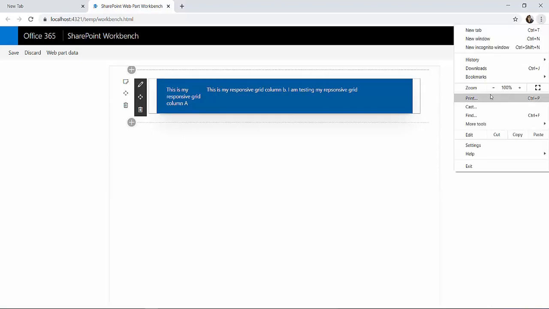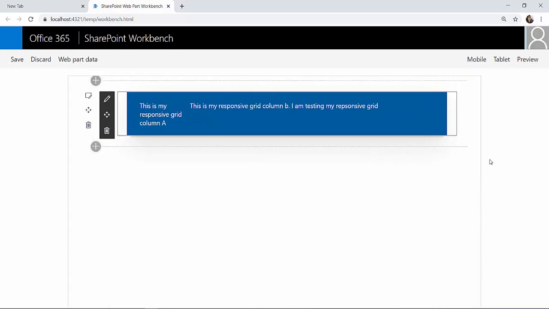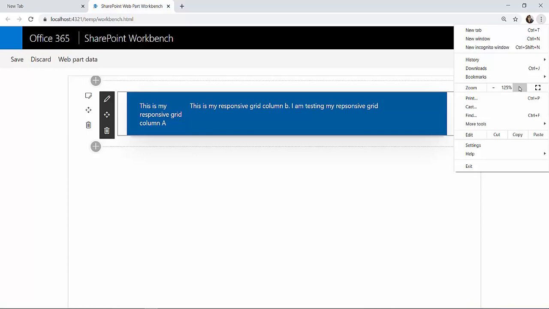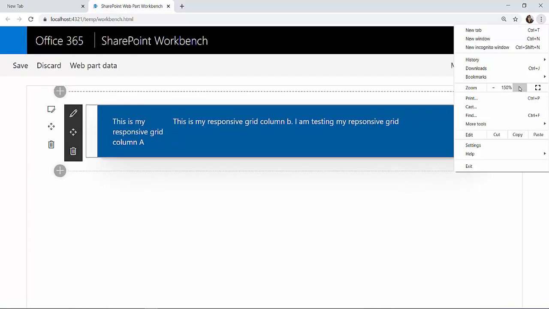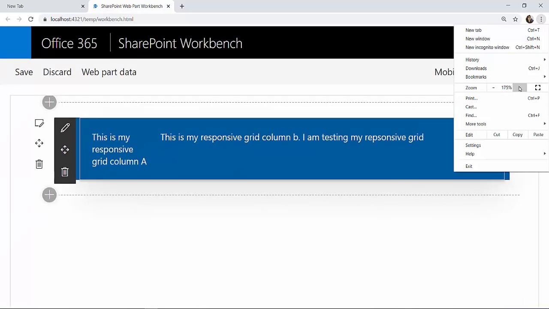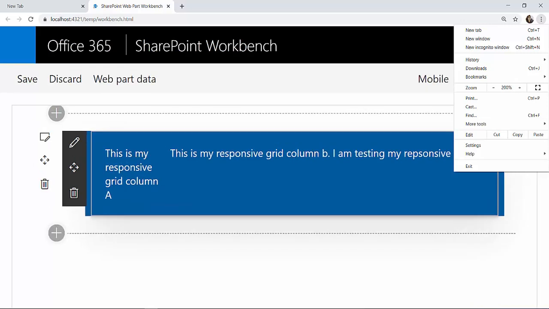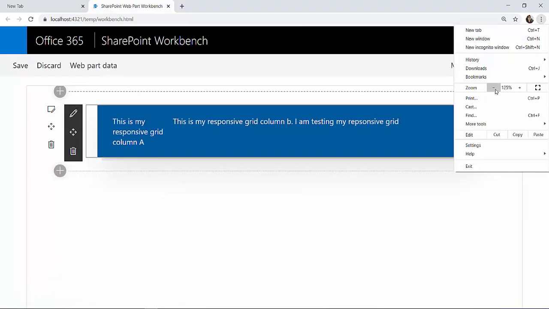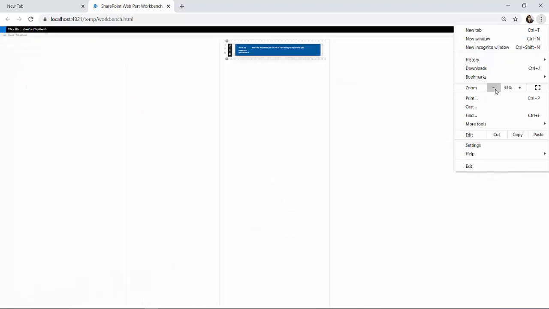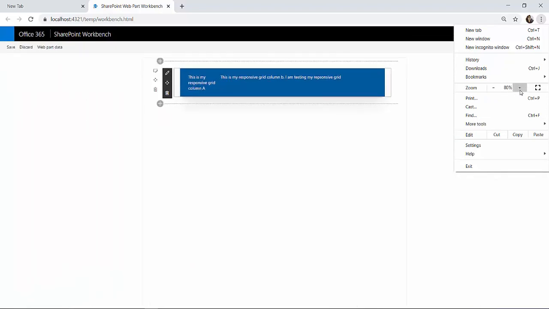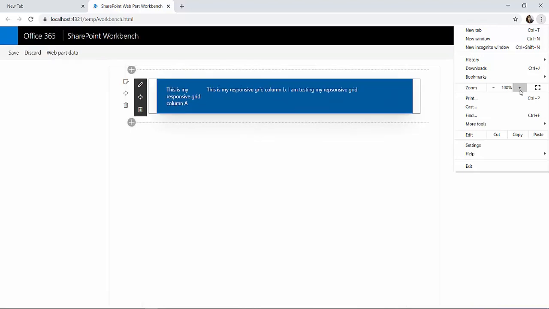So what I will do, I will reduce my size. First of all, I will increase my browser width. You can see I'm not getting any horizontal scroll bar. If I increase the zoom size or increase the browser by 175%, then also I'm not getting any horizontal scroll bar. So you can see this is responsive. If I reduce the size, it will automatically adjust. So you can see how responsive it is, and it will also work for my mobile device.